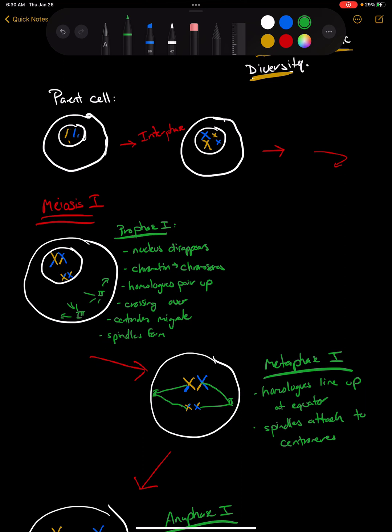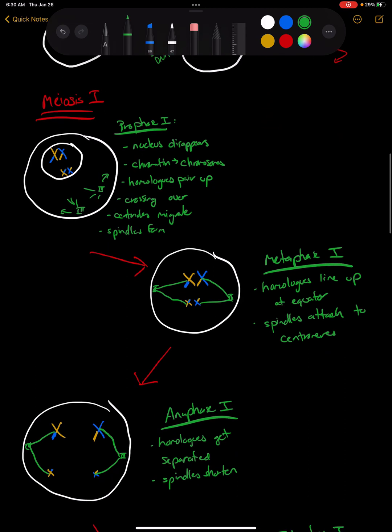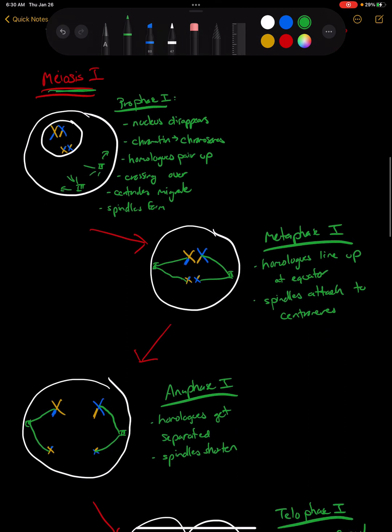Now I'm going to go through the cell cycle, first through interphase. I'm not going to draw G1, S, and G2, but remember, during interphase I double my DNA. So now instead of 1 big blue stick, I have 2 big blue sticks. Instead of 1 big yellow stick, I have 2 big yellow sticks, and so on. So now I have replicated chromosomes of the chromosomes I started out with. All right, so I double my DNA. Sweet. Now I get to go through my first round of division, which is meiosis 1.